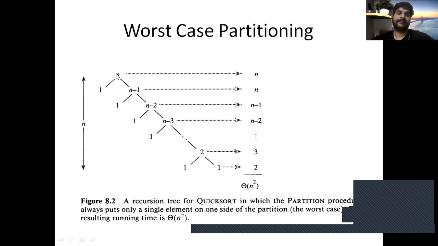We explain the worst case time complexity with the help of a recursion tree. N is divided into two subarrays: first is 1 and second is n minus 1. Next divided into 1 and n minus 2, 1 and n minus 3, and so on. We keep dividing until the value of n is equivalent to 1. Now we check the longest branch. The longest branch is n minus 1, n minus 2, n minus 3, down to 2, 1. Now we find the series 1 plus 2 plus up to n. The summation of this series is n into n minus 1 by 2. So therefore the total time complexity equals theta of n square.